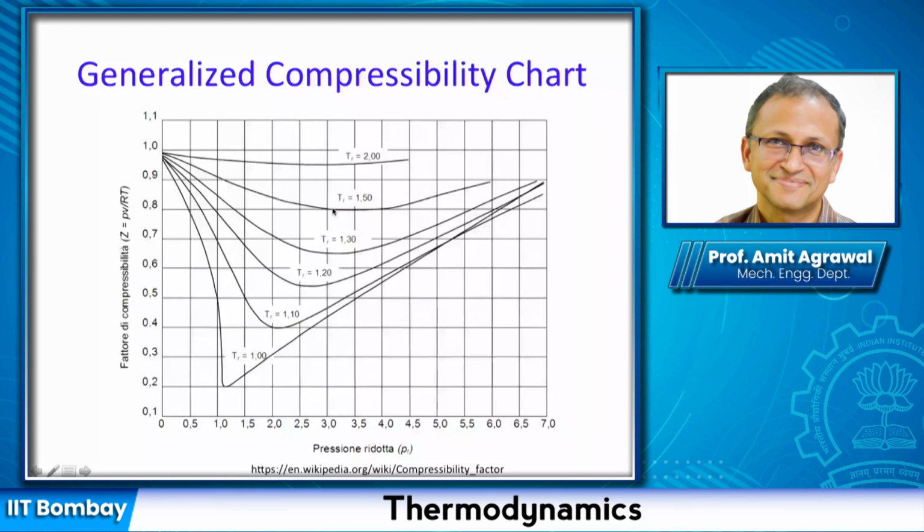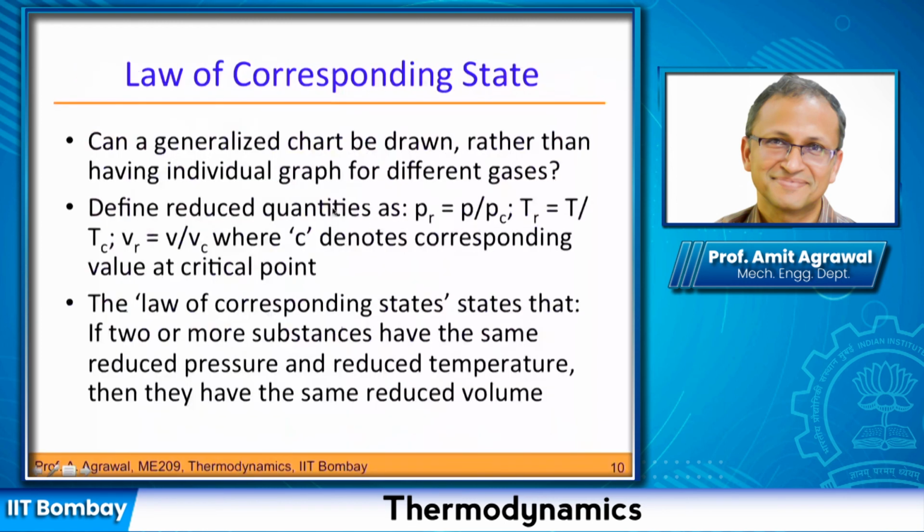Okay. So the idea is to take charts for different gases and try to have a single chart. And it turns out that by using these critical values of pressure and temperature, we are able to reduce these various charts for various gases onto a single chart. Okay, so that's the point that we are making.